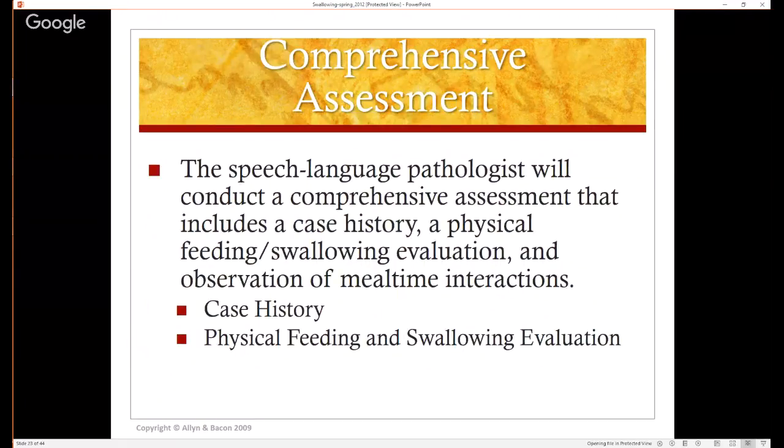Looking at comprehensive assessment, a speech-language pathologist will conduct a comprehensive assessment that includes a case history, a physical feeding and swallowing evaluation, and observation of mealtime interactions. In looking at the case history,